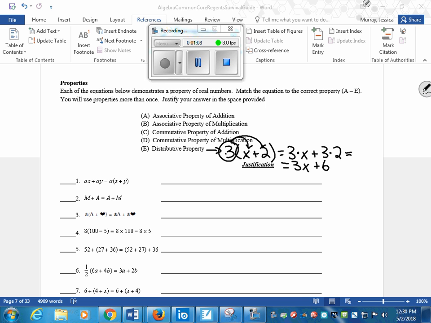Okay, 3 parentheses x plus 2 would turn into 3x plus 6 because you're supposed to multiply this 3 by both numbers inside the parentheses. Okay, are we good there? Okay, now,